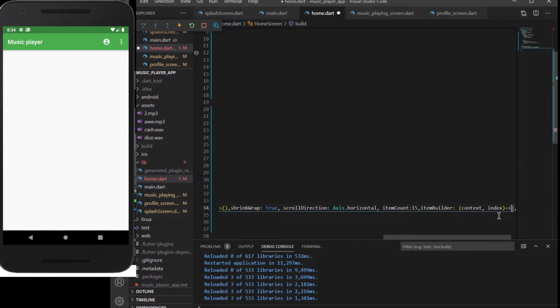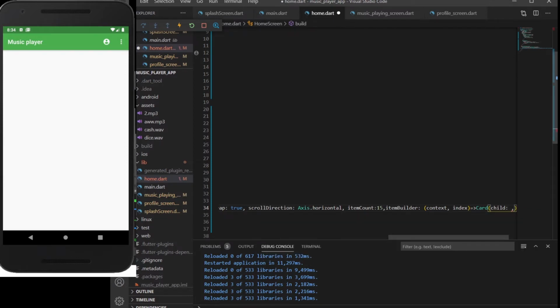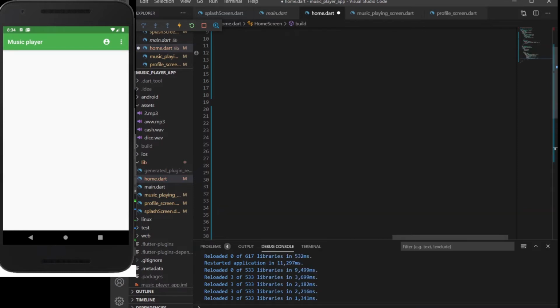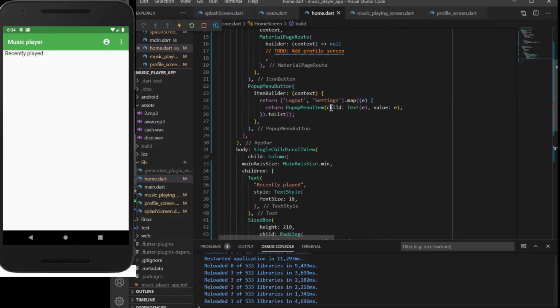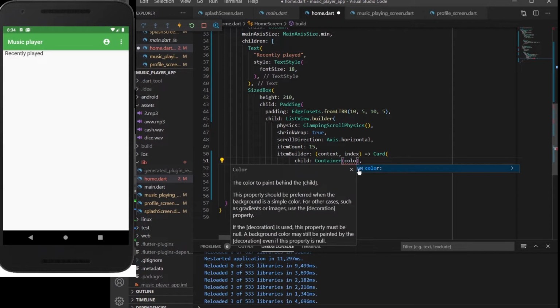So I'll add a card here, and the card will be having a child as container, which will be having color as transparent. So child set to container, saving it once so that the formatting can take place. I guess there are no errors in this app. Yeah, so inside this container we can pass the color to Colors dot transparent,